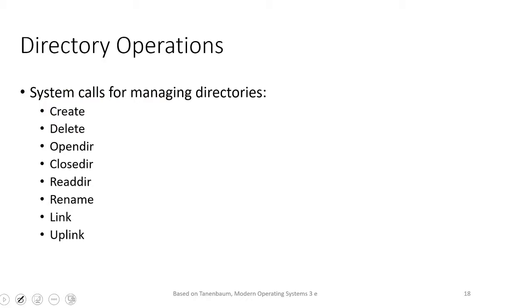Then similar to file operations, we can also have a number of operations that can be supported particularly for directories. So creating and deleting directories, opening, reading, and linking directories, like shortcuts or dynamic links, and so on. These are some of the common functions that we may use with directories. Again, when you think about your day-to-day use of computers, these are some of the things that you may do in those systems.